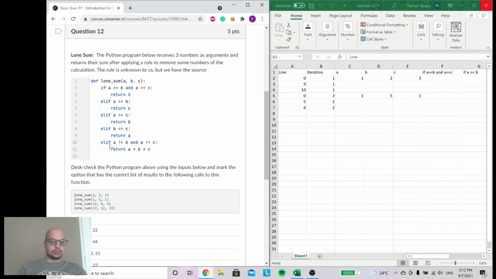So I go to the last one, and what the last one says is, if A is different than B and A is different than C, then I return the sum of the three numbers. And this is actually the case because 1 is different than 2 and 1 is different than 3. So my return value is going to be 1 plus 2 plus 3.